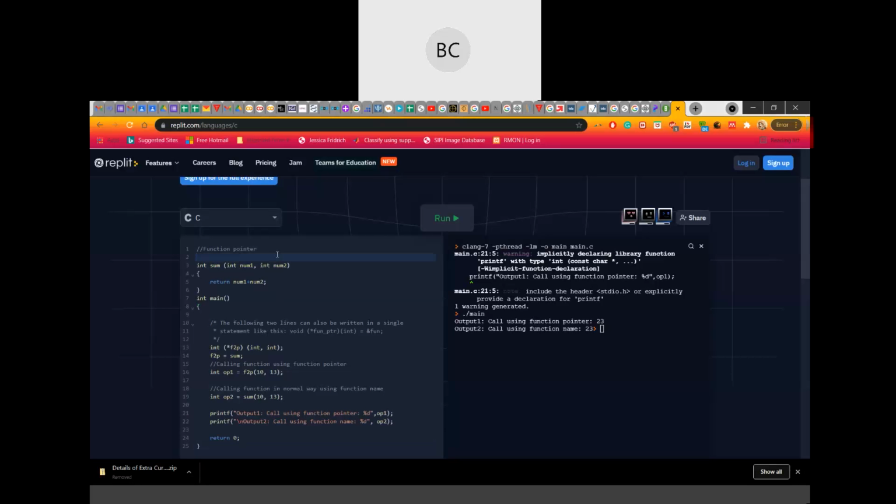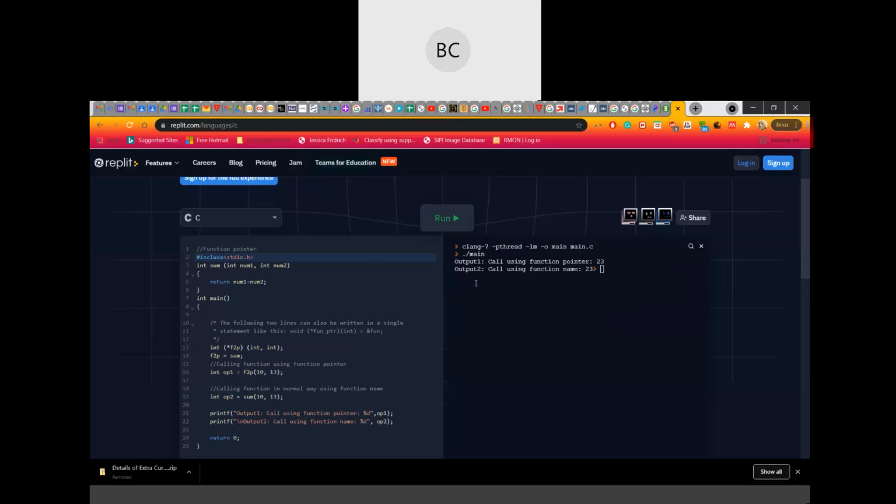Let's see if I give include. See, it's simple. I didn't include the header file. That's why it's showing printf is not correct.